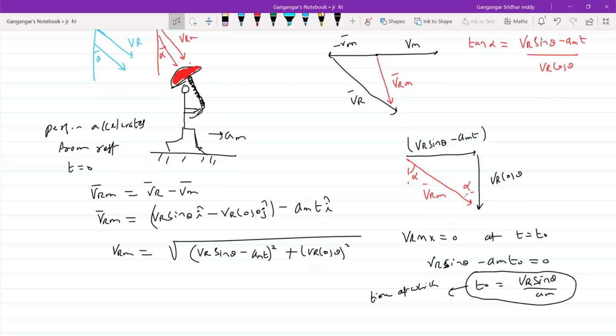Time at which rain pours vertically down, rain pouring vertically down with respect to man. So we should hold the umbrella vertically up. Like previously, now there is unlimited, no, anything I can ask you. The very generalized method is what you have to develop here. Okay, do make observations. We'll proceed for one more last idea in this.